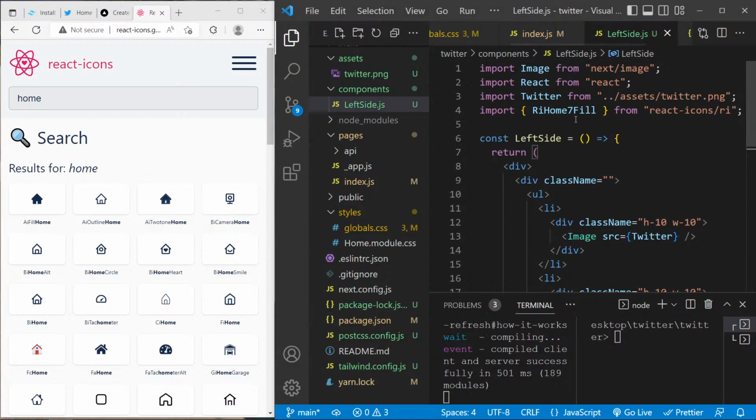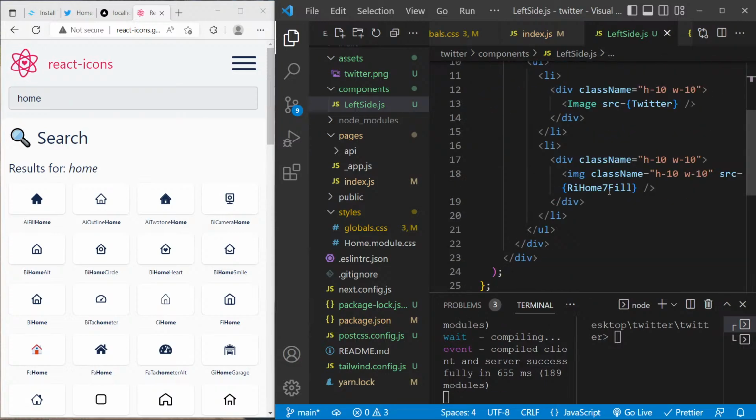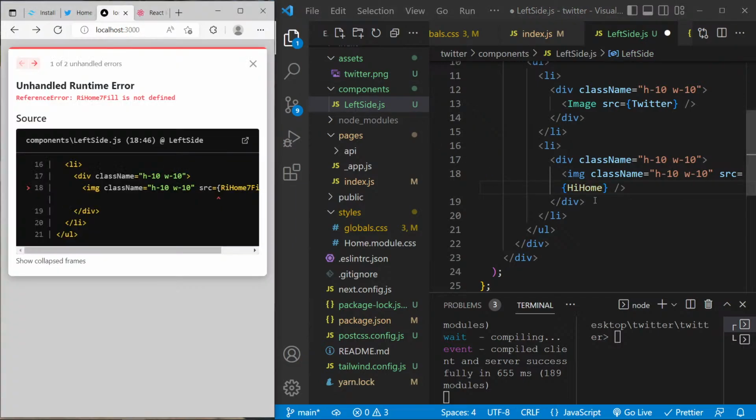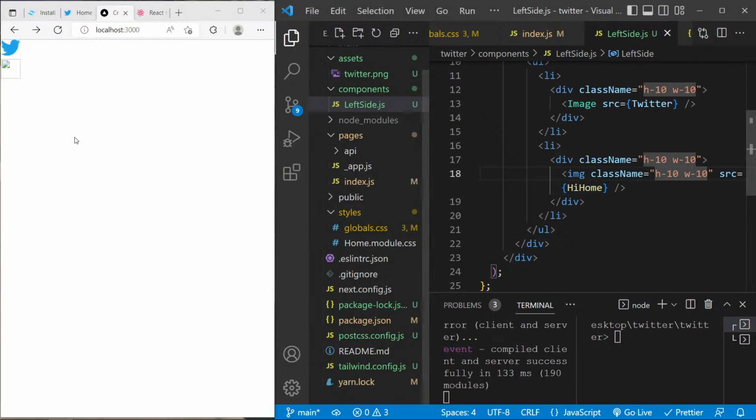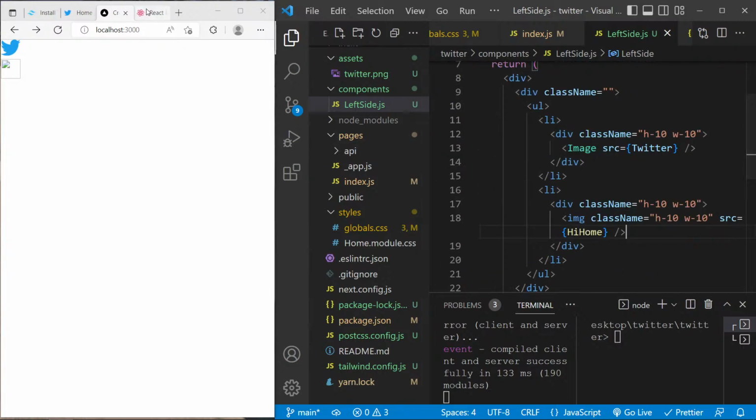So if you go to the left side and from /hi and save this, let's put it right here, save. We have a problem, I'm not sure why. So src hi home. Oh, it's because, yeah, okay, so